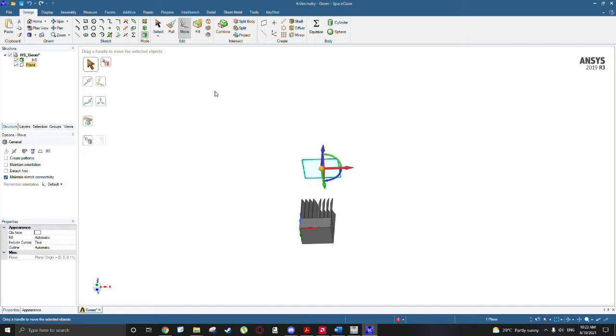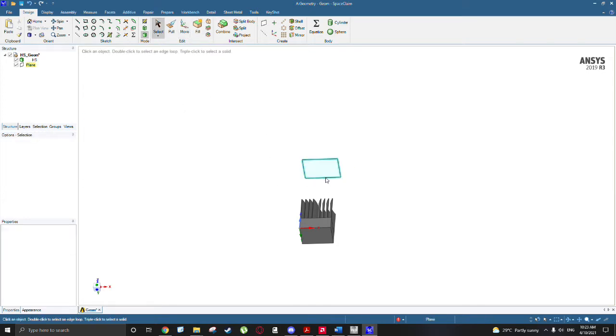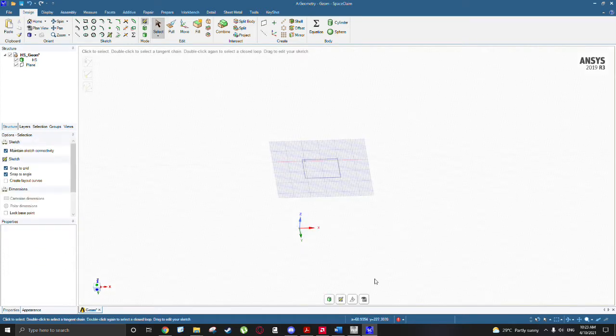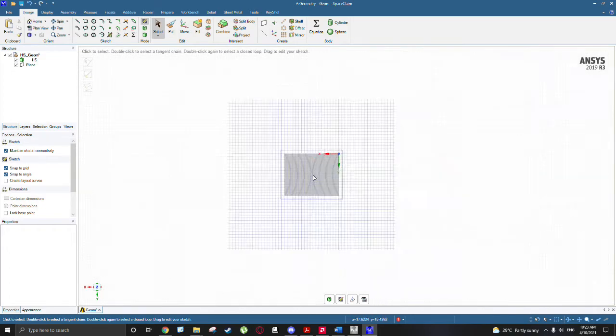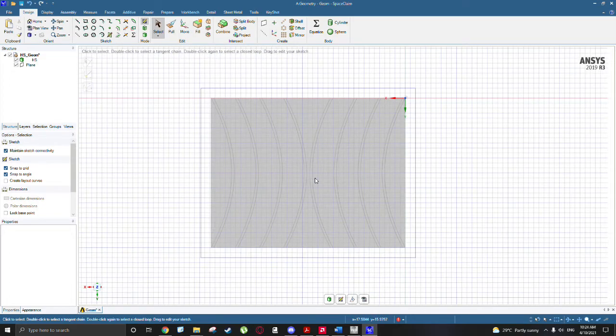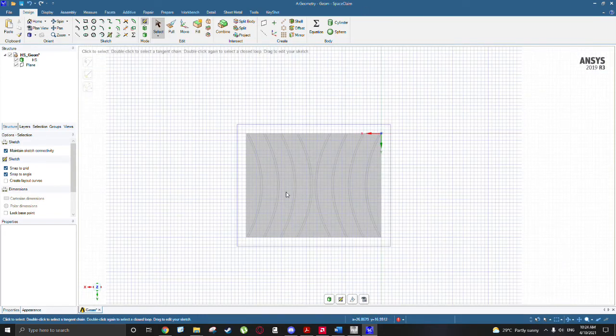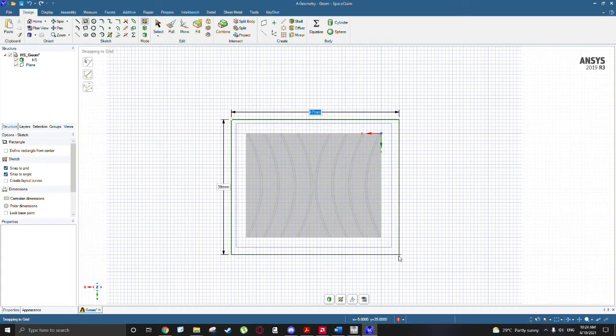Okay, so now I'm going to click escape a couple of times. Click on the plane. I want to sketch to that plane. Go normal to the plane. I might go to the other side so I can see my heat sink in the background. Go normal to that and zoom in a little bit. Okay, for this example, I'm not going to be too accurate in the dimensions of my air. That's irrelevant. That's something you can work out, no problem at all. But what I might do here is just build a very simple block of air, paying no attention to the dimensionality of it